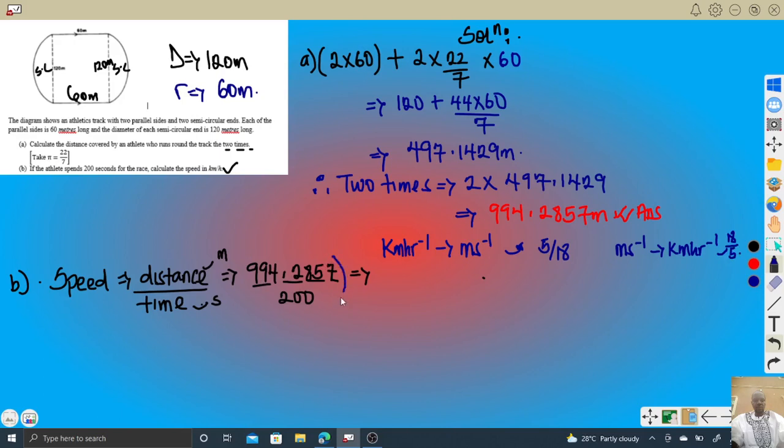So because this is my answer in meters per second, and I need to put it in kilometers per hour, I'll multiply by 18/5 directly. How do I come by 18/5? It's also simple to explain, but because of time: 1,000 meters make 1 kilometer, then 3,600 seconds is equal to 1 hour. You can divide those two, and you are going to see that the simplest form is 18/5. So doing this, we have